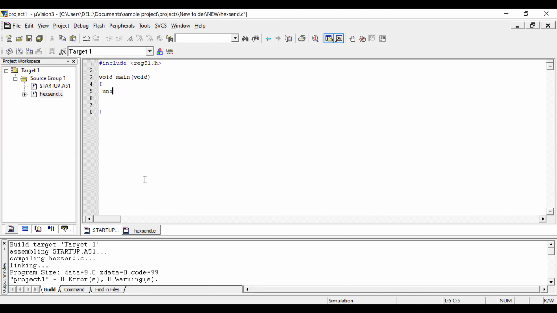Now what I want to do is design an array. So unsigned char array, my number. Let me have a size of 10. Open the braces and give my values, the characters in double quotes.